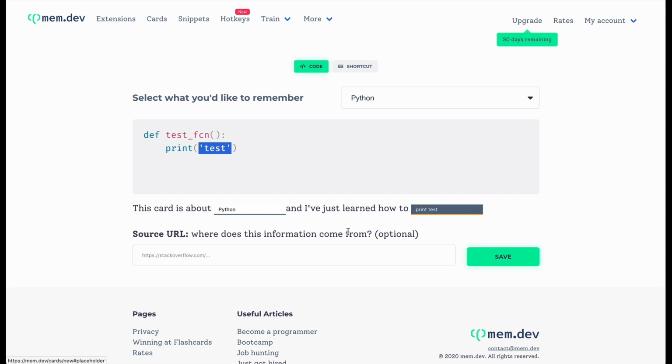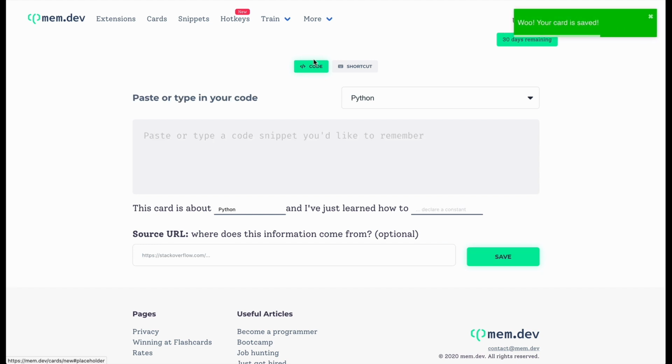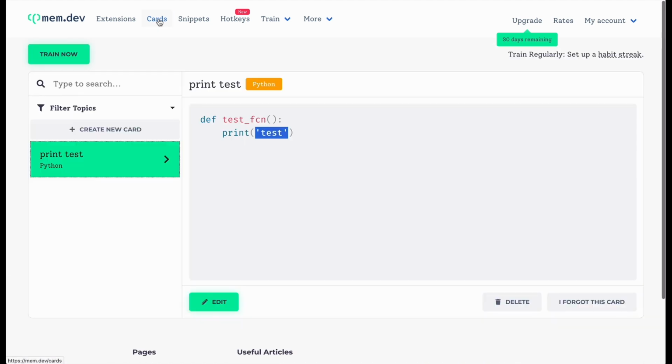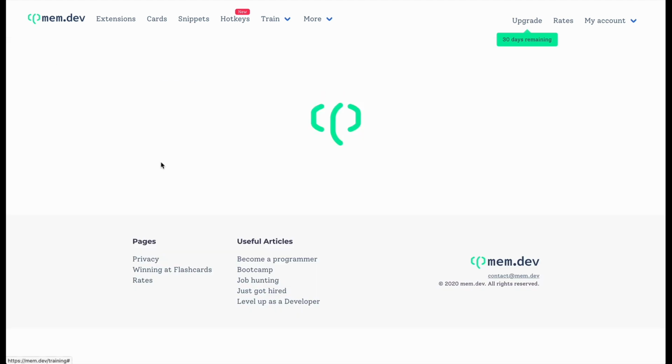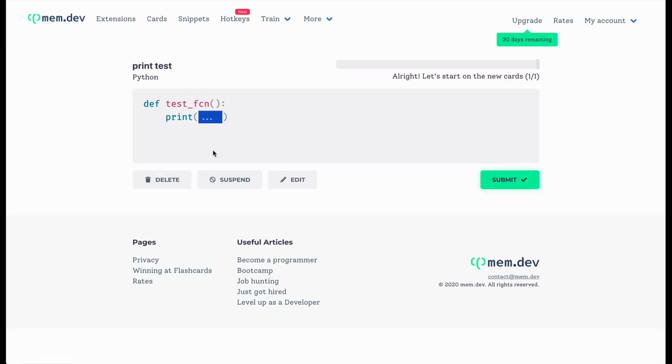If I got this information from the study card from somewhere like Stack Overflow, I can paste in a link to the source of the information there so I can read up on it as I am studying this card, especially if I get the card wrong and I need to reinforce the concept of whatever I'm studying. So now I can click save, and you can see the card is saved. So now if I go into cards here, I can see an interface that will list all of the cards that I've created. I can click train now, start training, and then you can see it comes up with my